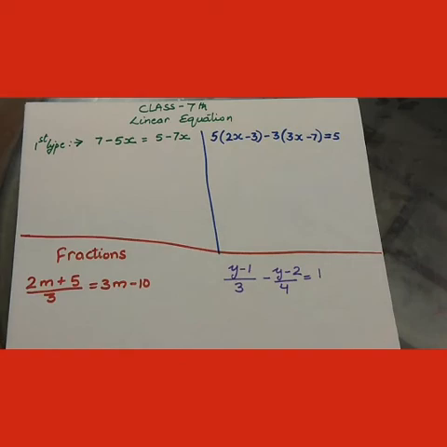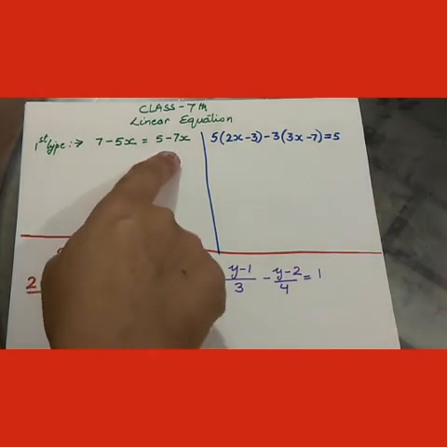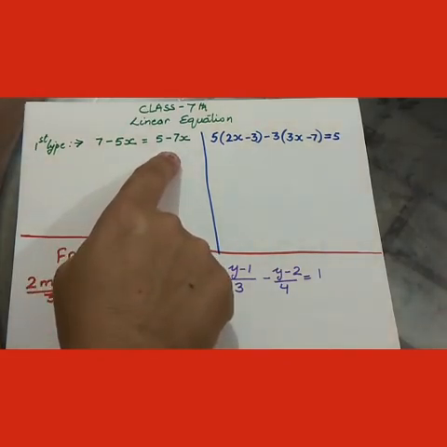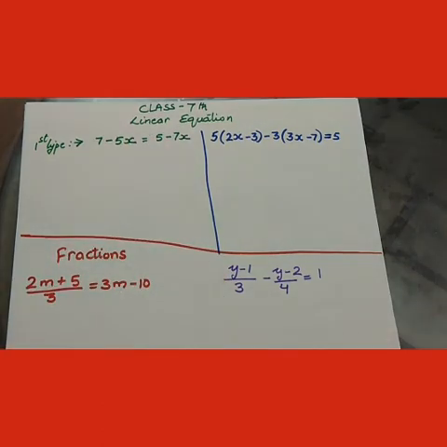Now we will be discussing this chapter. Since you know all the basics, we are going to discuss the different types and how to solve them. The first type you may come across is when there is a variable on both sides. This is the left hand side and this is the right hand side. When you come across variables on both sides, how are we going to solve it? One simple rule to keep in mind: collect all the variable terms, the like terms of the variable, on the left hand side, and keep all the constant terms on the right hand side.